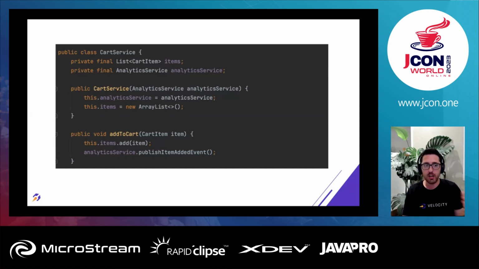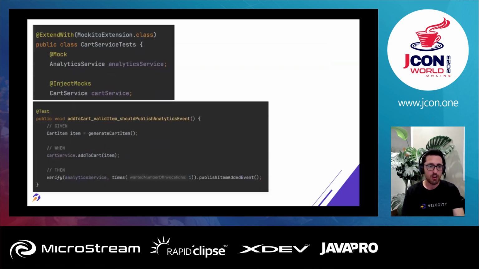Now, the analytics service is used for publishing events because we want to have observability for the system: every time someone adds something to the cart, we want to get an event and have it in our system so we can analyze it later. For our company, observability is super important. So we want to make sure that the analytics service publishes the events every time the function is called.